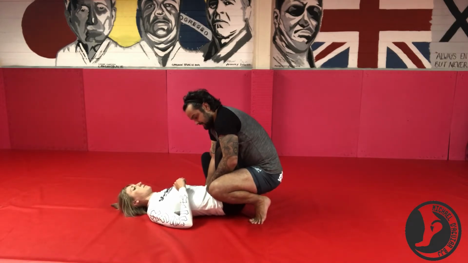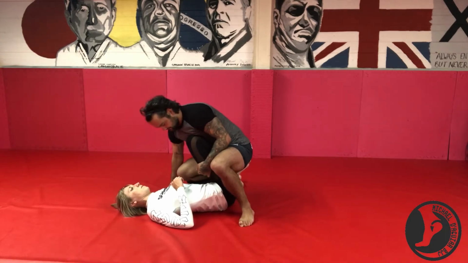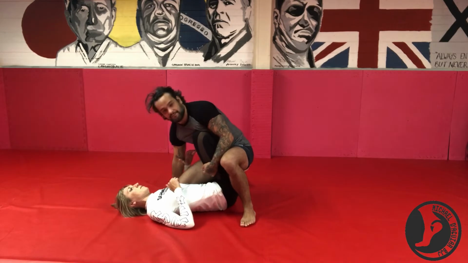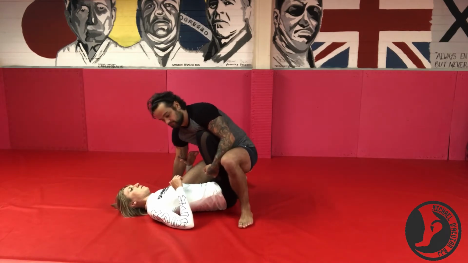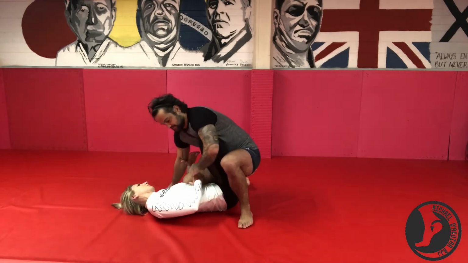Can't get my foot out. And this gives me the green light to drop my weight over her arm. Okay, so they will move it, everyone moves it. If they don't, slam it down. Okay, now you're relaxed. Now, exactly, you're going to need this wrist because you're going to want to go over